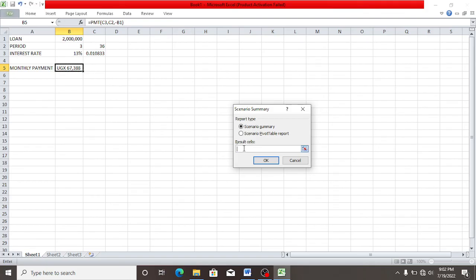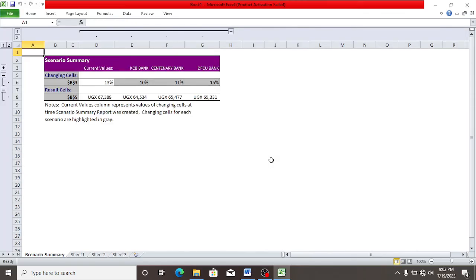I want the monthly payment, so I'm going to click on it. And then the report type, you can generate the scenario summary or the scenario pivot report. So for me, I'm interested in scenario summary, and then I press OK.